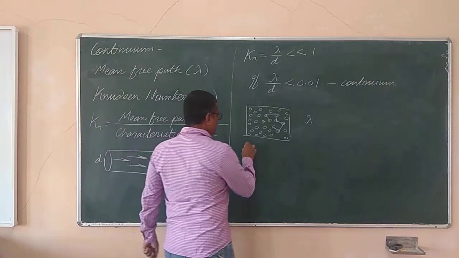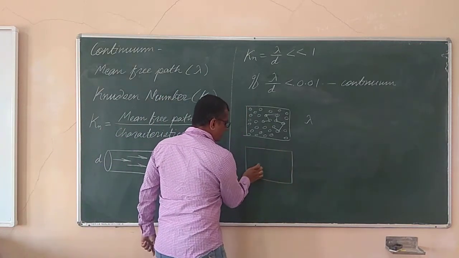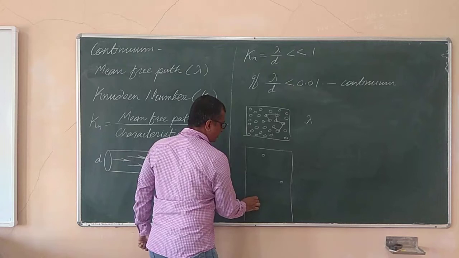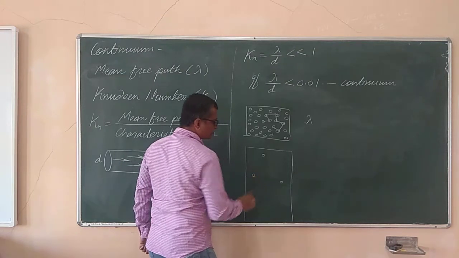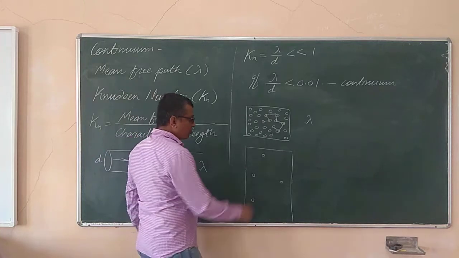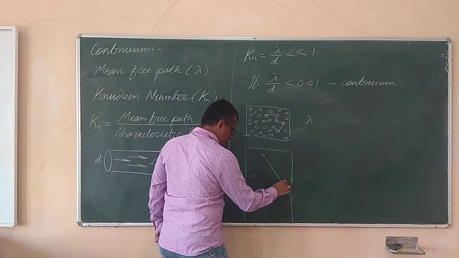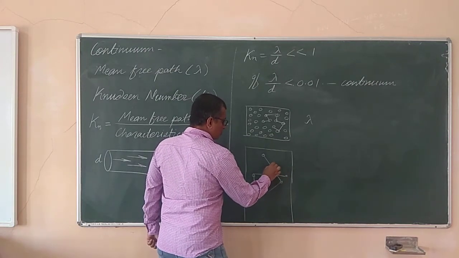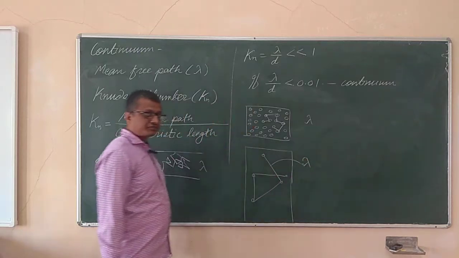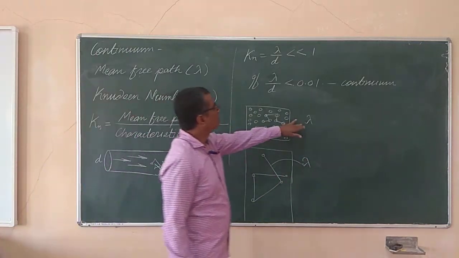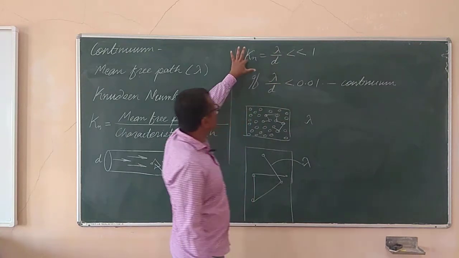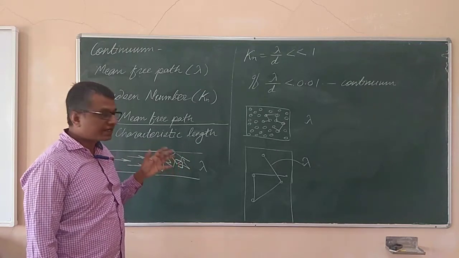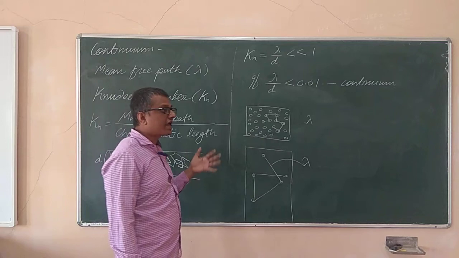But for the same gas, if I increase the volume drastically and reduce the pressure drastically, the molecules will get separated far away from each other. So in that case, while molecules are moving with certain velocity, this one will collide with that one in this direction. So over here, lambda, the mean free path, will be larger, and hence the Knudsen number will be larger, and in that case we cannot say that the fluid is a continuum. This is the case in rarefied gas flow.